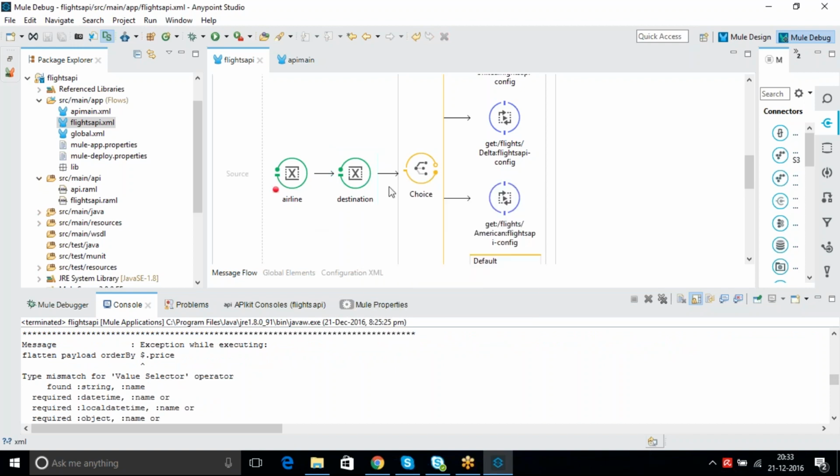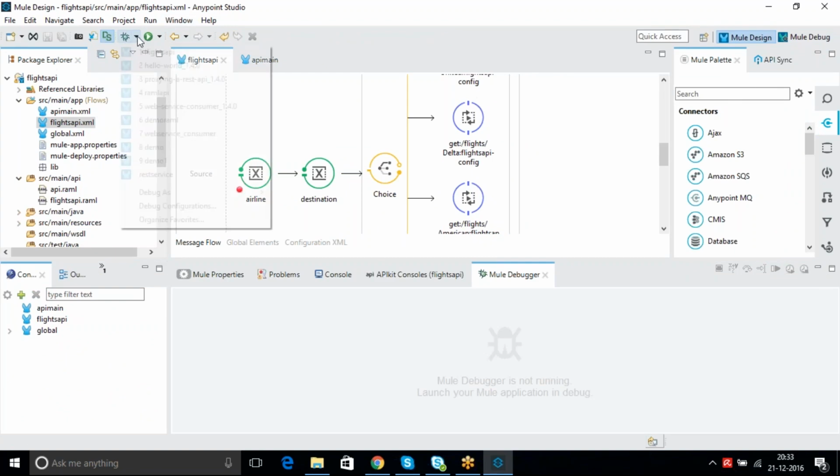Okay, there is a debugger already there. Now we jump into the Mule design mode and then run it in debug mode.